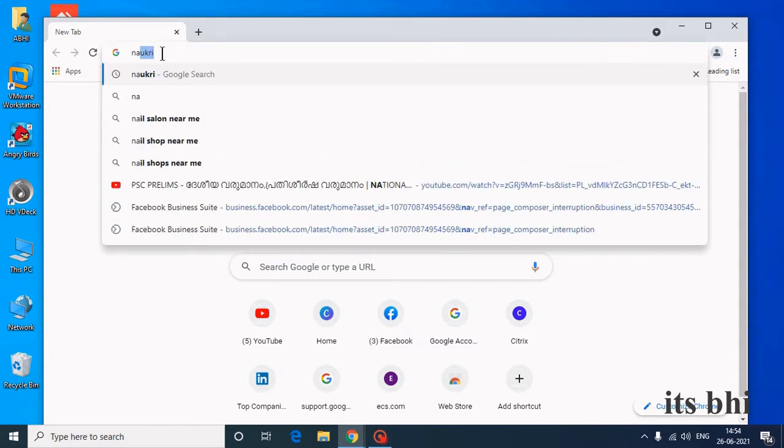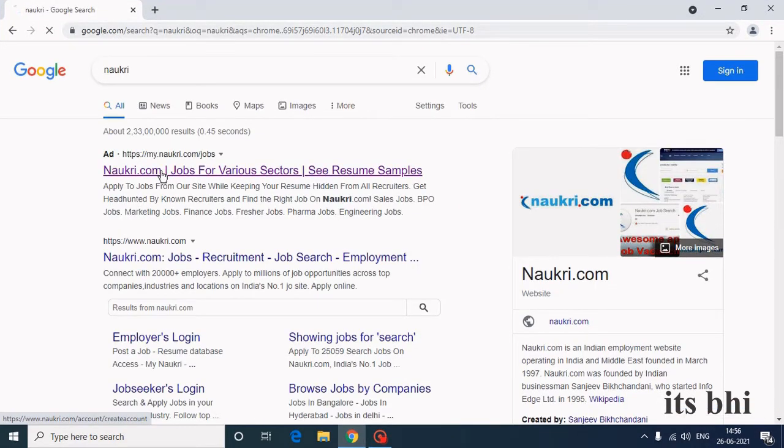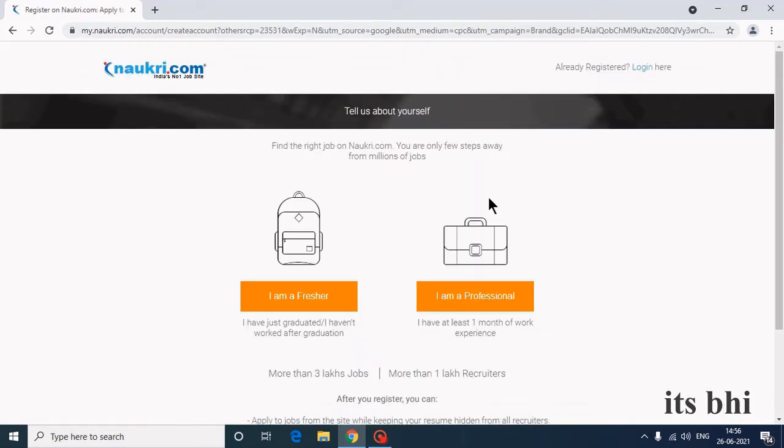You can go directly to naukri.com. Over here you have two options: for freshers and for professionals. If you are a graduate and have just finished your education, I prefer that you have a little experience in some technology, or if it is the IT side you should have some knowledge in IT, or experience at any small firm. Then you can go with the "I'm a professional" option, and your profile will get good views.